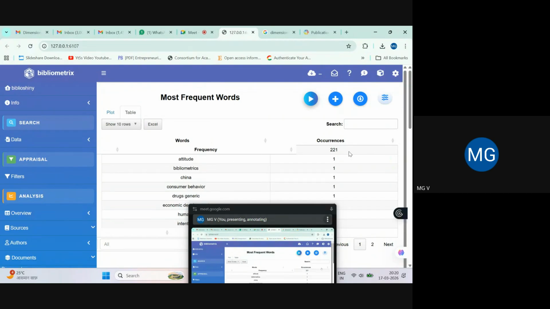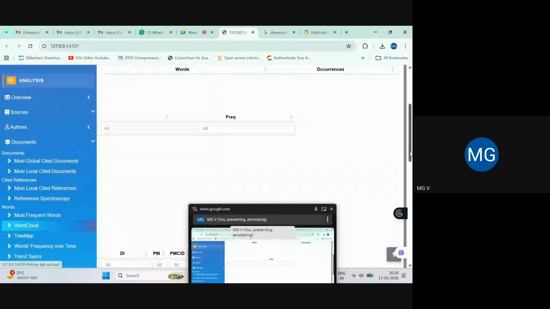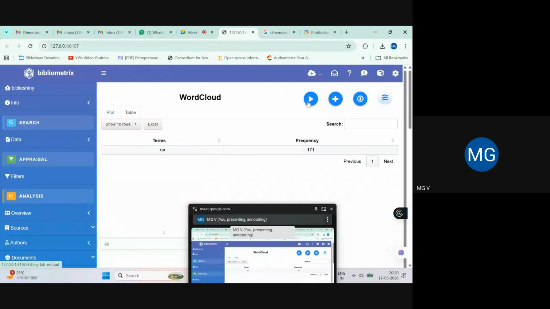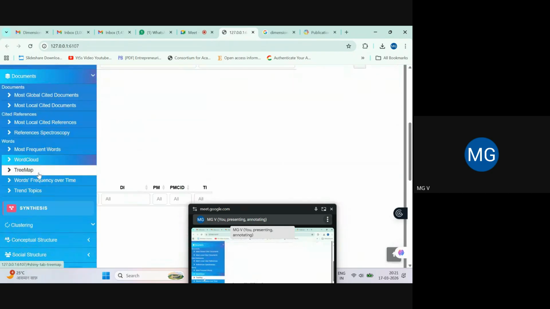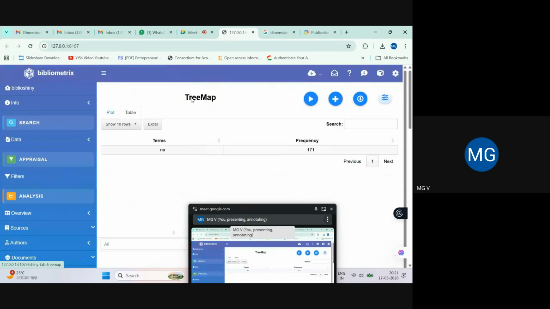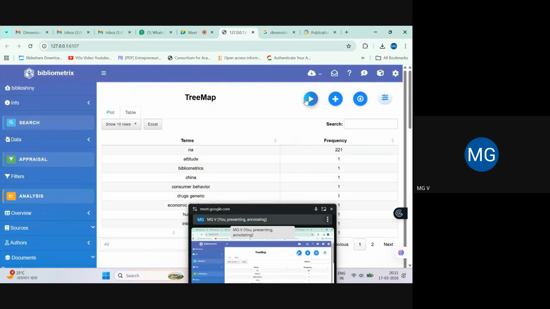Frequently used words are 221, and the number of times the words have been used. Then you can create a word cloud. Now see. Right? Then we can make a tree map. Again, it depends on the data. Clear?